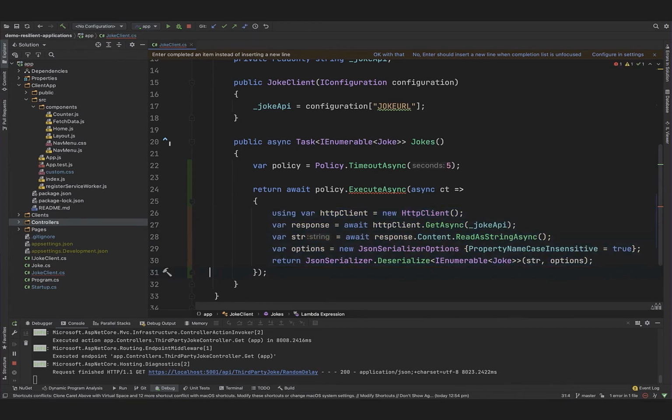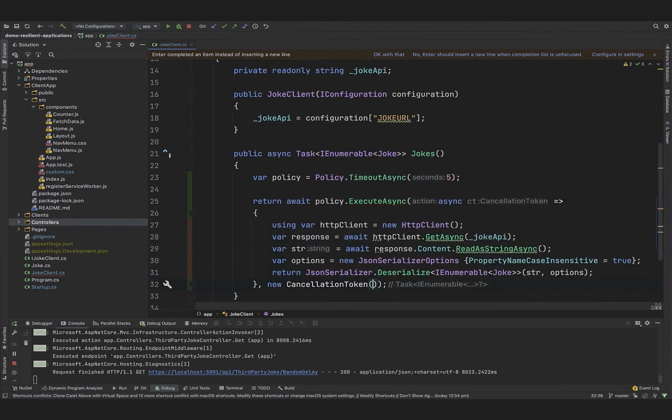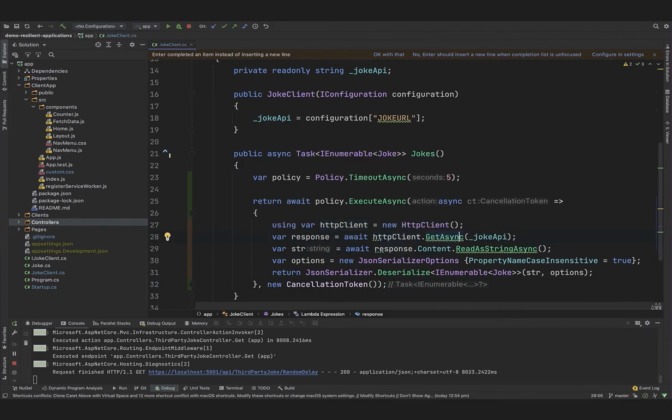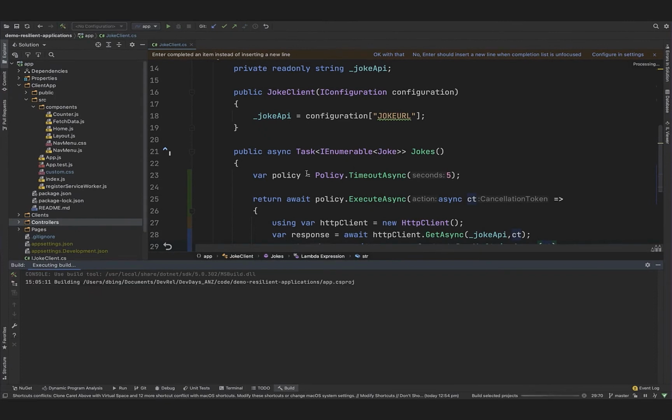And that is that. Then I've got a cancellation token that I need to define, CT. So let's define cancellation token as a new cancellation token. What this does is give you control over the cancellation token itself, so you can cancel any async tasks that are within that ExecuteAsync statement. Two that you can have control over are the GetAsync from the HTTP client and the ReadAsStringAsync. So if I redeploy this change to my application,